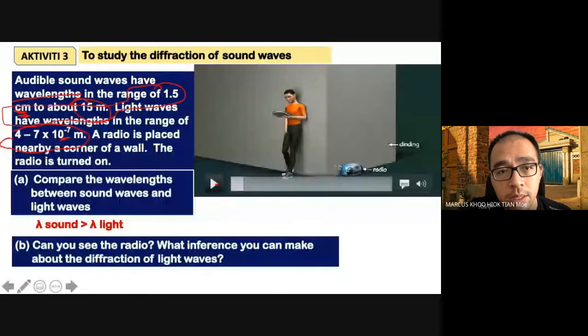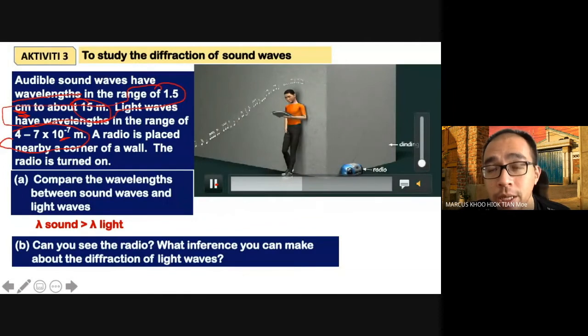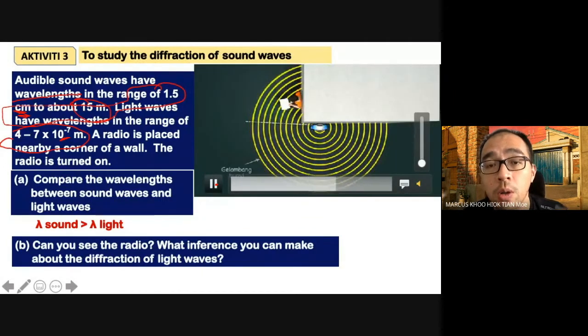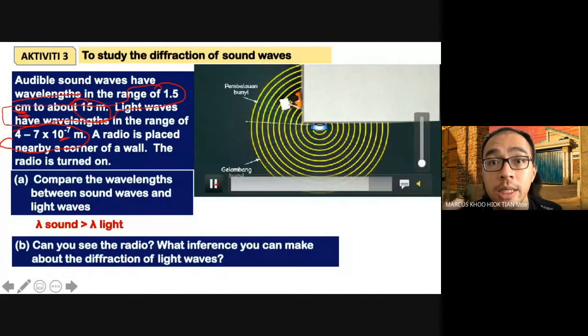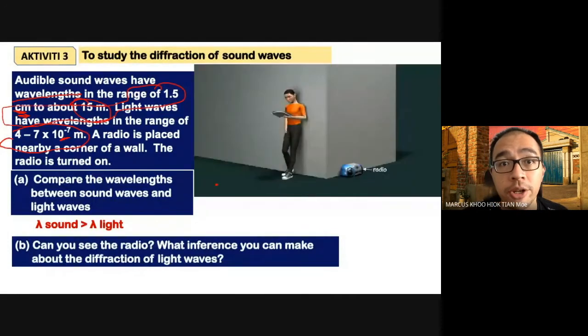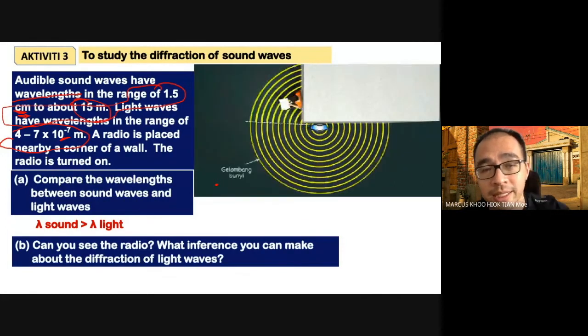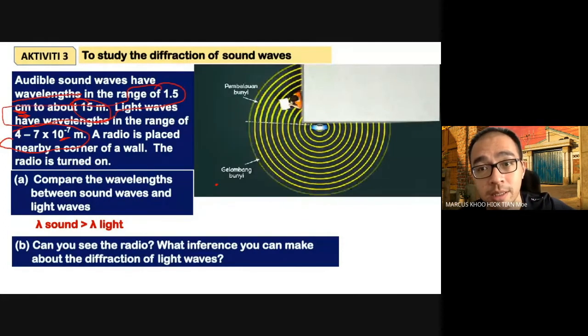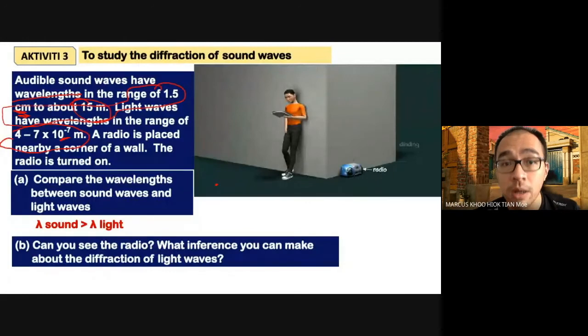So this student could hear the sound from the radio, although he could not see the radio. And this happens to us every day. We don't see somebody, but we can hear somebody talking. Obviously, we know that person exists, although we can't see the person. And this is because